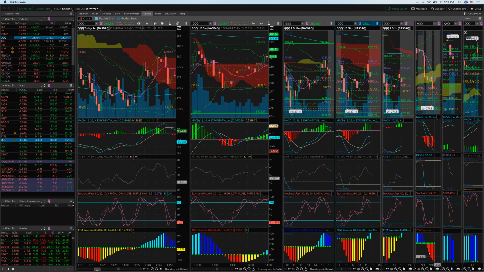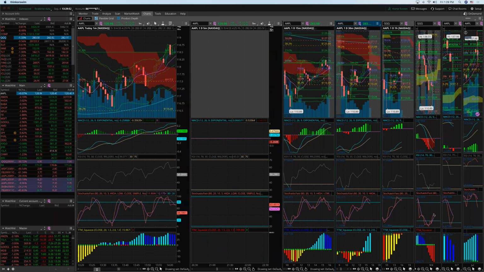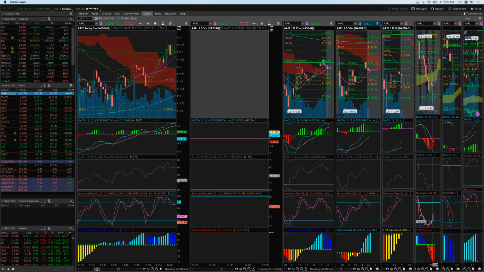Because of this. The 4 hours on many names, the MACD and all these are still very, very bearish. For example, if you look at Apple, on this 4 hours, yes, the stochastic fast is coming out and gives you an early warning alert that maybe the market is going to go more up. But the TTM squeeze is super red, and the MACD didn't give a very good confirmed sign for rising. So it's still possible to go a little bit down before it goes up.